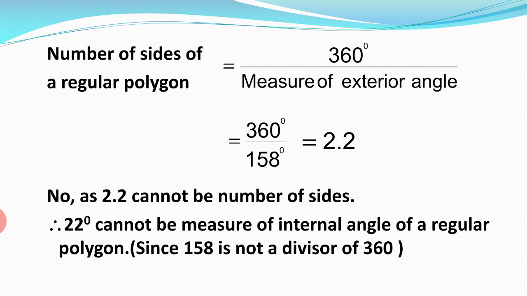Are you getting? So to identify whether the given angle is measure of regular polygon, if it is an exterior angle, it should divide 360 degree completely. If it is an interior angle, you should obtain exterior angle by using linear pair property and then check whether the exterior angle is dividing 360 degree completely or not. Understood? Very important questions, so you must write it very properly in your notebook.